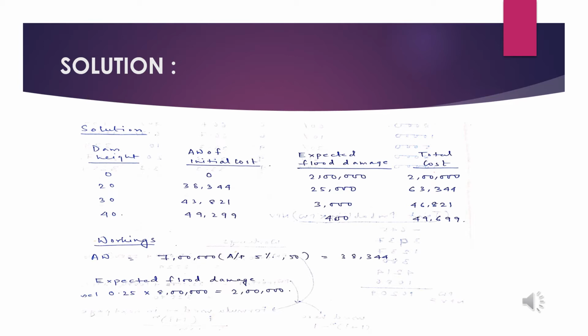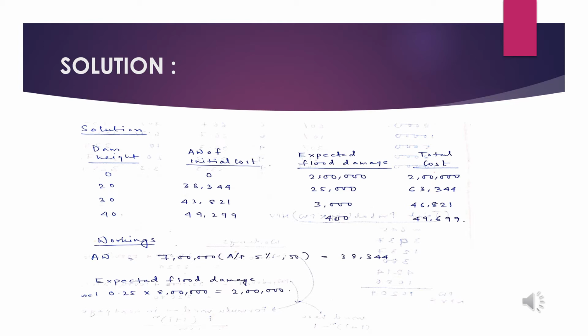Very similarly, 5 lakh, 3 lakh and 2 lakh respectively for 20 feet, 30 feet and 40 feet need to be multiplied with their annual probability values of 0.05, 0.01 and 0.002, which gives us the figures of 25,000, 3,000 and 400. Adding up those values, we get the total cost. For 0 feet we get 2 lakh. For 20 feet, 30 feet and 40 feet, the respective values come to 63,344, 46,821 and